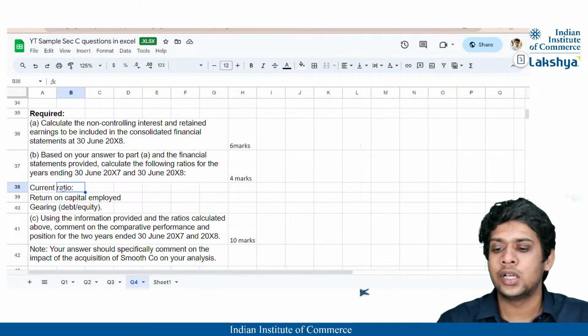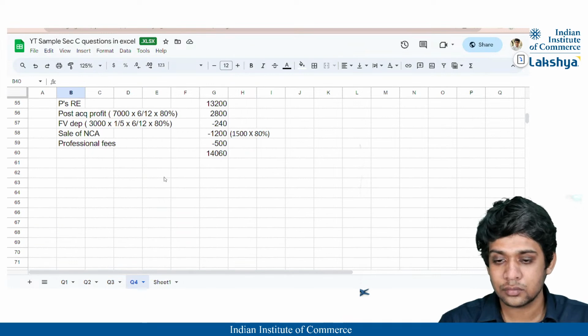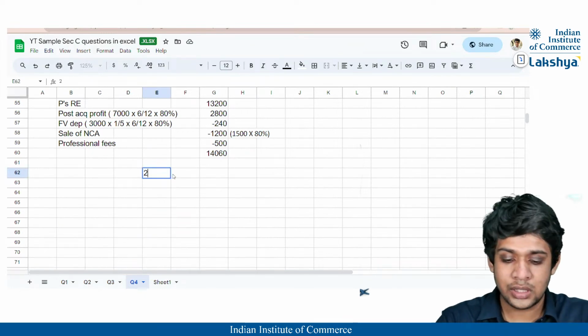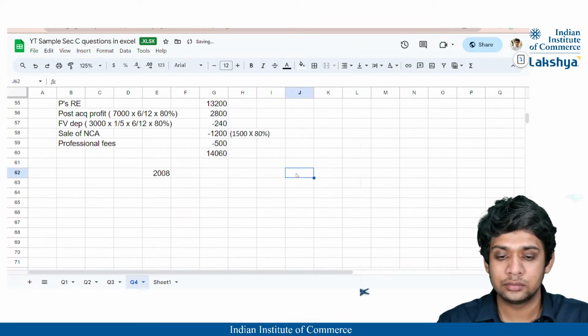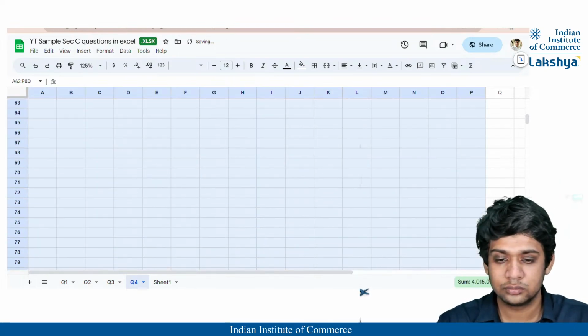चाहते हैं कि हम लोग अपना करंट रेशियो, रिटर्न ऑन कैपिटल एम्प्लॉयड एंड गियरिंग कैलकुलेट करें, राइट। तो 2008 के लिए इधर बनाता हूं मैं, एंड 2007 के लिए इधर बनाता हूं।